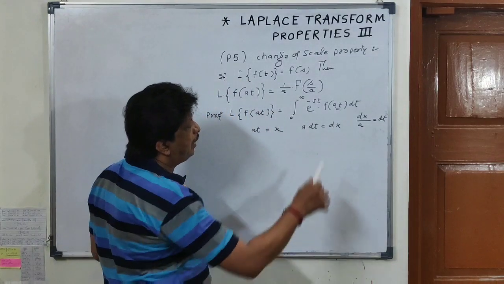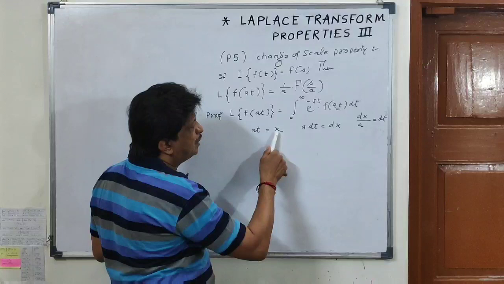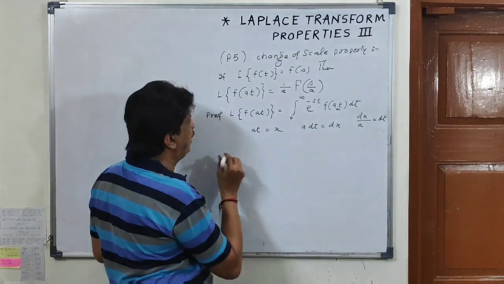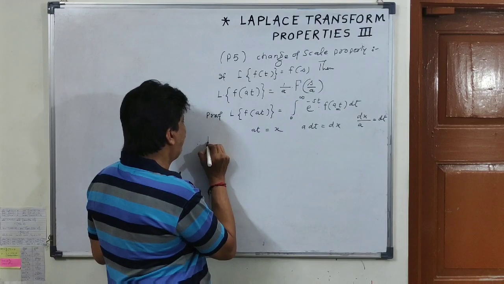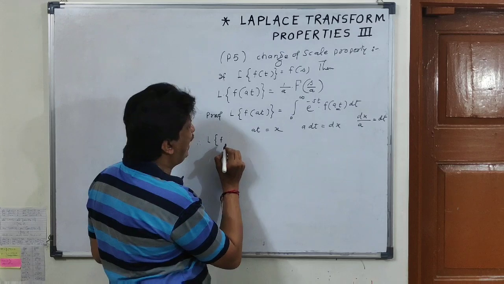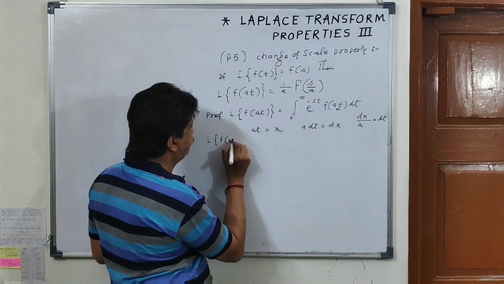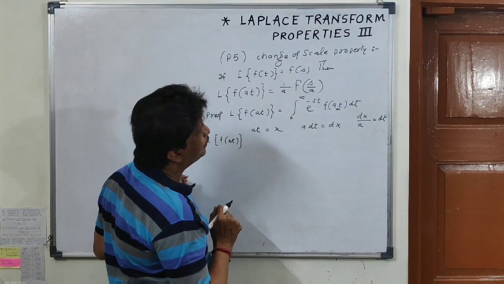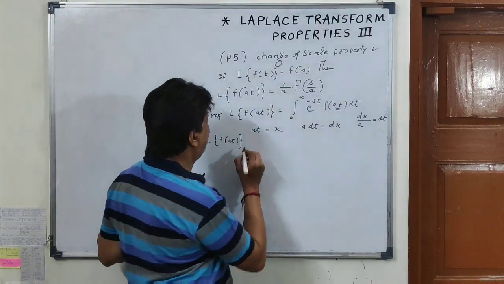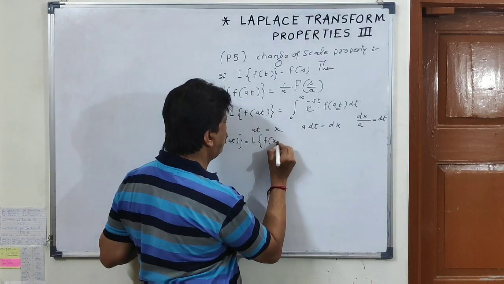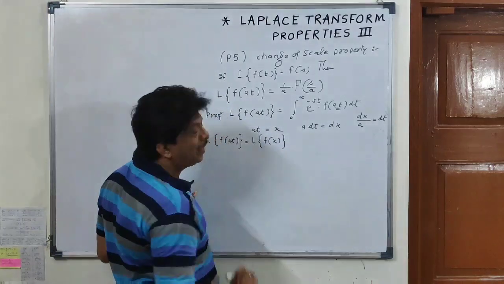When t is 0, x is 0. When t is infinity, x is infinity. Therefore, Laplace transform of f of at is equal to